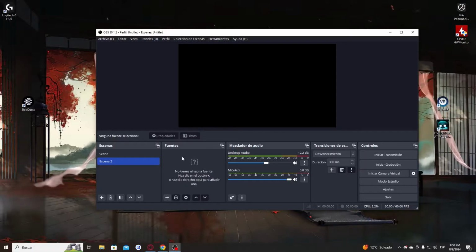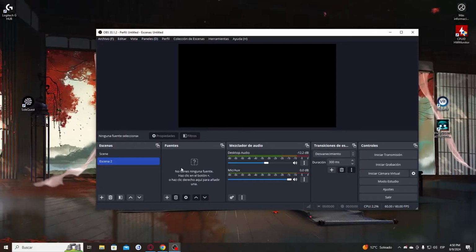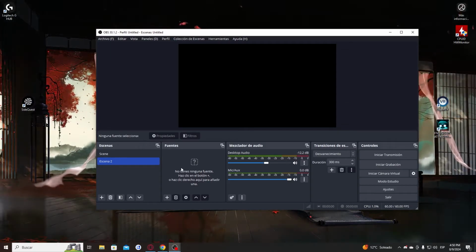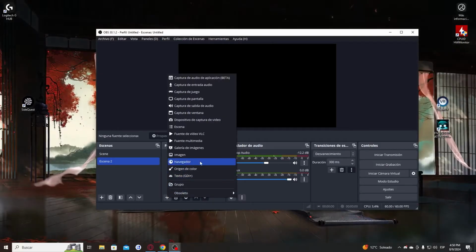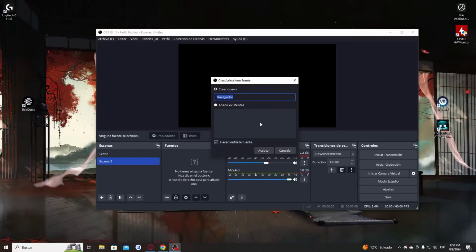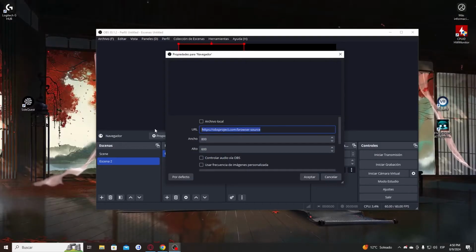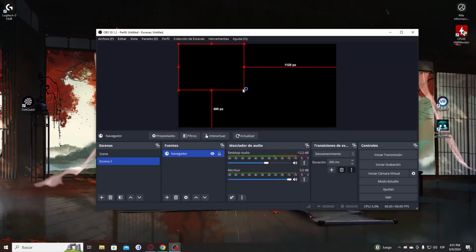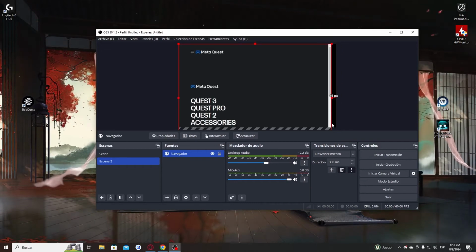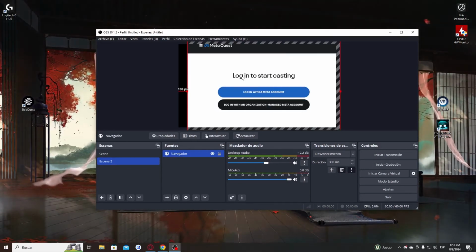Okay, so once you do that, you have to remember that you have to be in the same network as your Oculus on your PC, and then you have to select this plus button, and you have to select here browser. So here you create a new browser and you have to paste this link, oculus.com/casting. So you press accept, wait a few seconds till it loads, and here you have to log in with